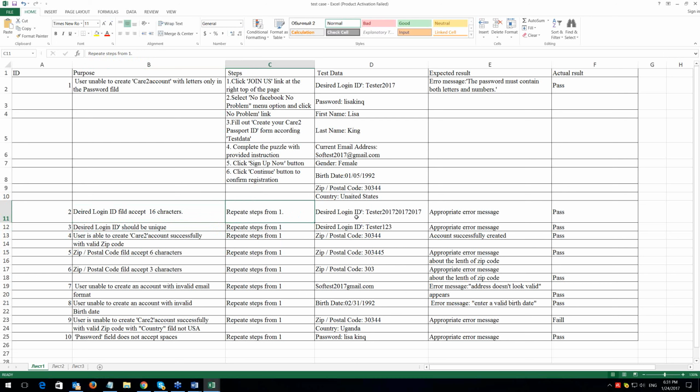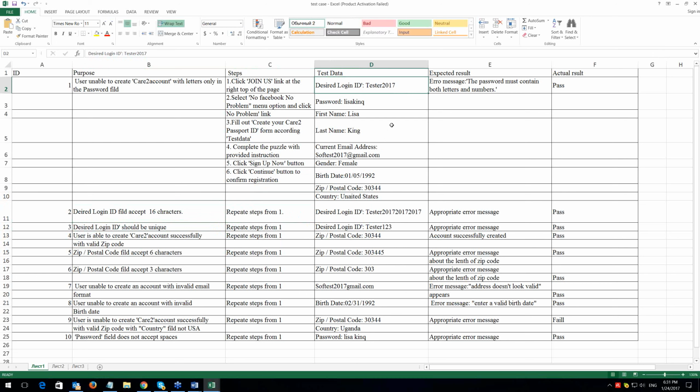And now I have a tricky question. It's very good that we have the test data here, but the question is, let's say I already created the Car2 account, and I used this tester 2017, and I already used softtest2017 at gmail.com, and I understand that they are unique information.